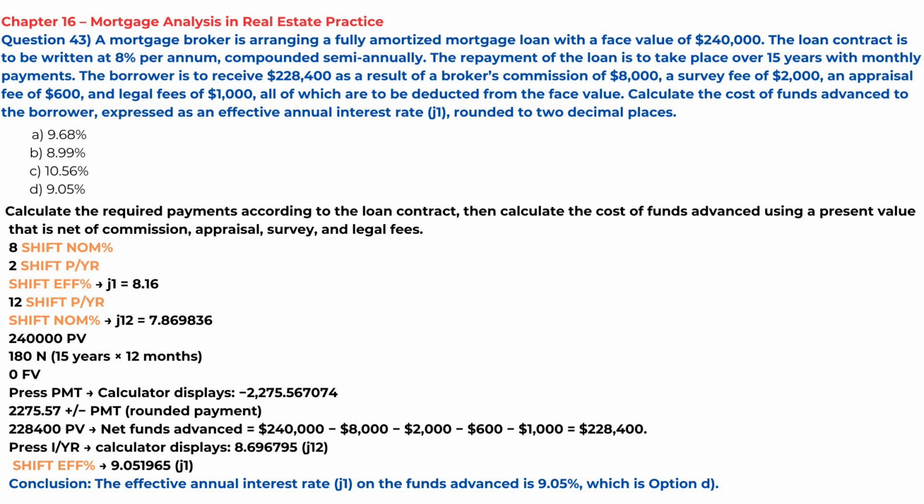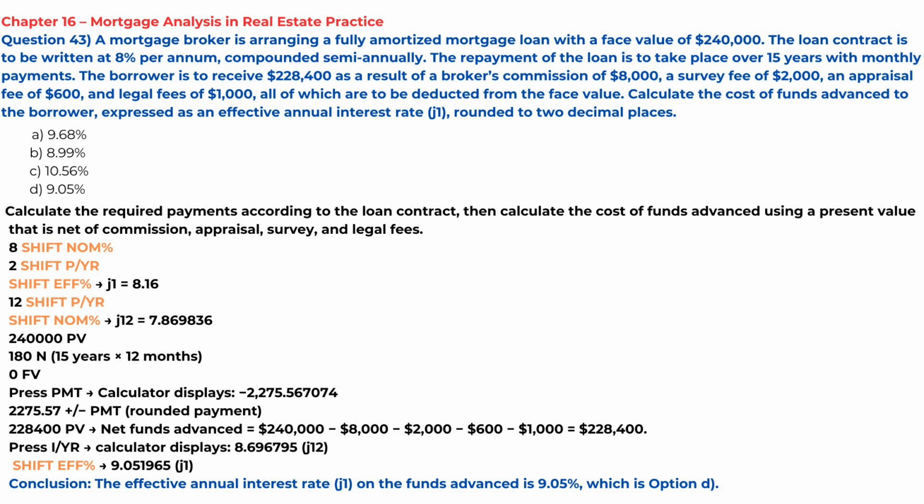240,000 PV. 180 N, 15 years times 12 months. 0 FV. Press PMT. Calculator displays negative 2,275.567074. 2,275.57, plus and minus sign and press PMT, rounded payment. Net funds advanced equals $240,000 minus $8,000 minus $2,000 minus $600 minus $1,000 equals